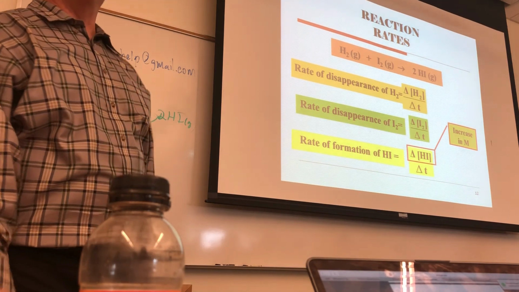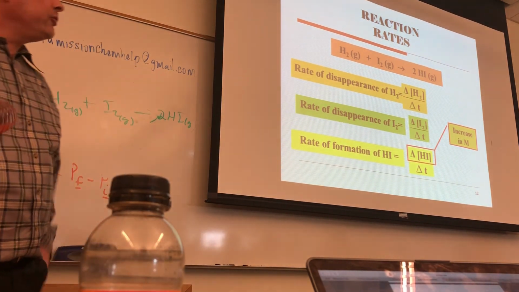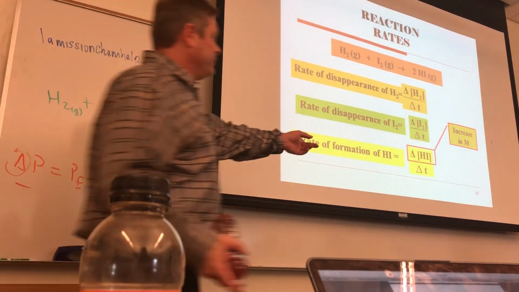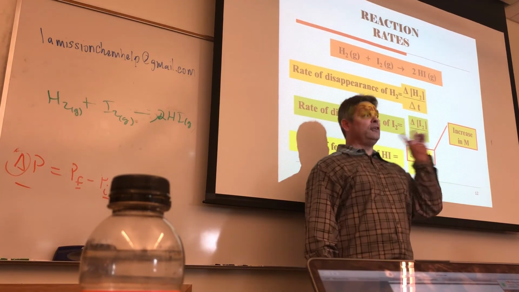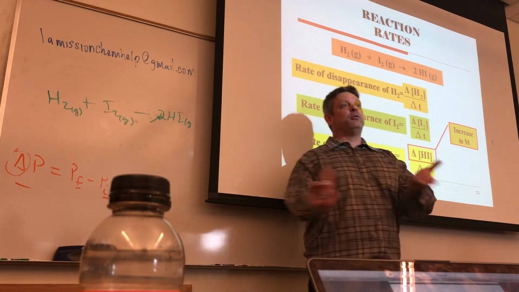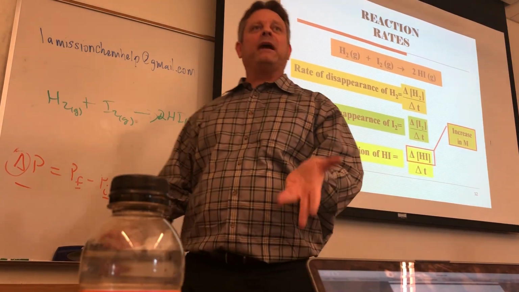Does that matter? Absolutely. So if I want to find just what one of these is, the rate of formation of just this, I'm not looking at the rate of formation of 2 of them. I could do that, then I just multiply by 2. But the rate of formation,